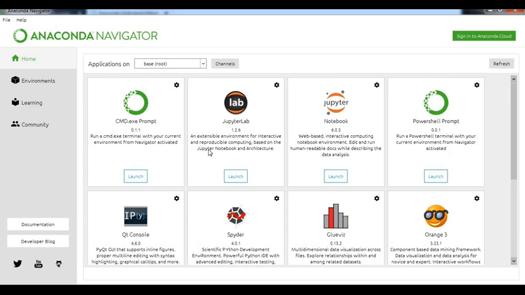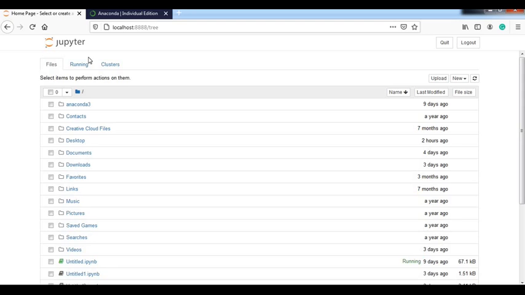So I have already launched Jupyter Notebook on my machine. Let me show you how it looks. So here is a look of Jupyter Notebook. Now it is the working environment of Jupyter Notebook.